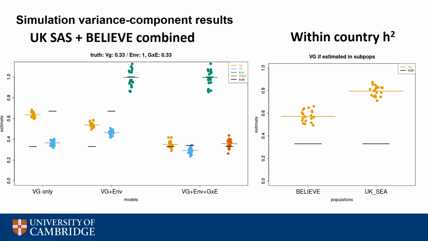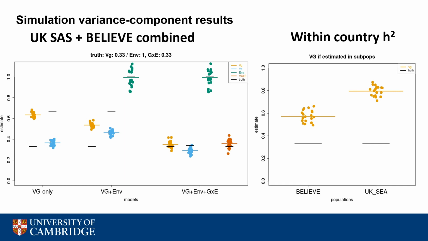Okay, so here are the results of my simulation study, where the underlying truth included the gene-environment interaction term. In the first plot, we have on the x-axis the 3 models that I have evaluated. On the left, just the additive genetic variance, VG. In the middle, just VG plus environment. And on the right, the full model of VG, environment, and their interaction. The different colors indicate the different variance components estimated. Orange is the additive genetic, blue is the noise, green is the fixed effect, and red is their interaction. And the black bars are the true effects that I was trying to recover.